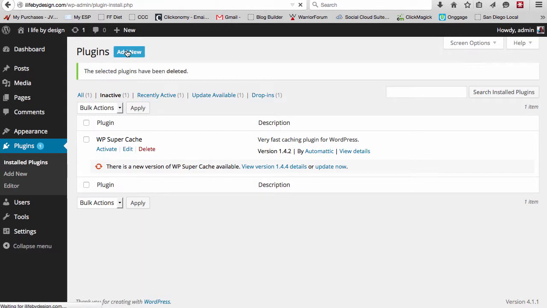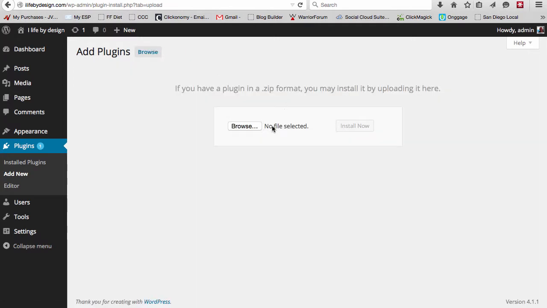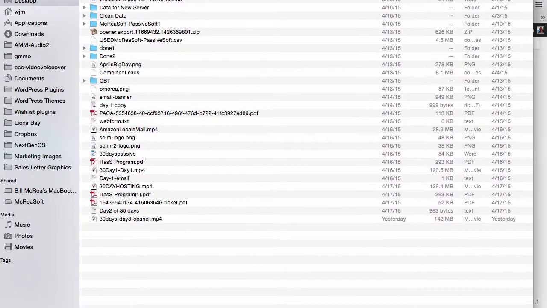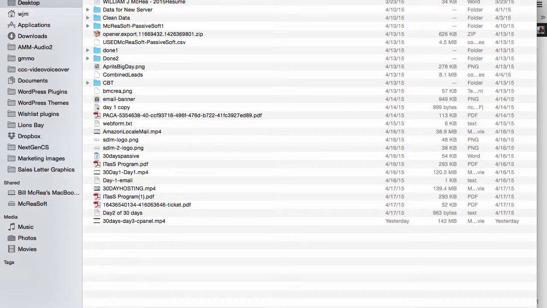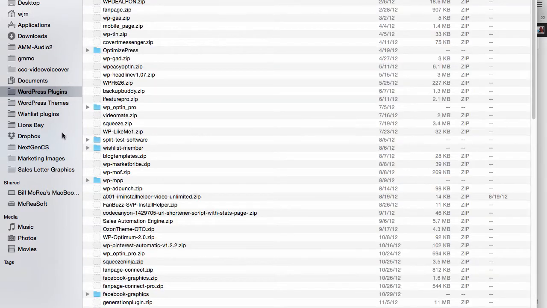And the file we're giving you is called MIM, or Massive Income Machines. But we're going to upload the plugin just by clicking on the upload button. And we're going to browse. And once I browse, I just simply go look for the plugin folder that I have. But it could be, oops, sorry, WordPress plugin. But it could be whatever folder